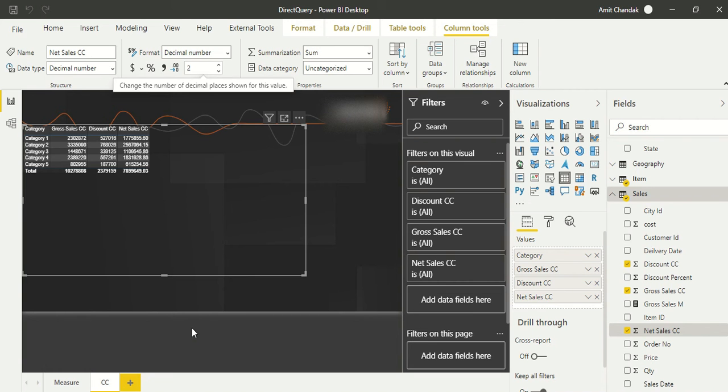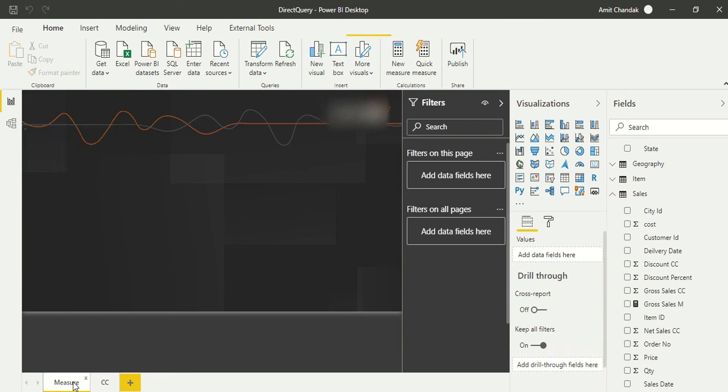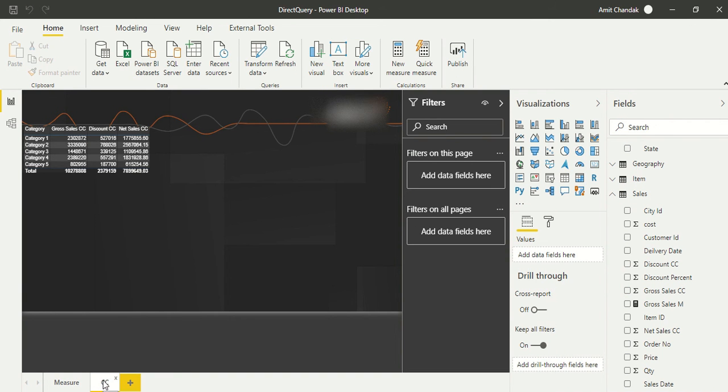So in this video we are trying to use the columns which you are pretty much aware of when you are in import mode, but does it work with direct query mode? So let's go ahead and do it. Again we have this page which was there for custom columns. This was for measures, and we are going to copy this custom column one and say duplicate page, and this we are calling as